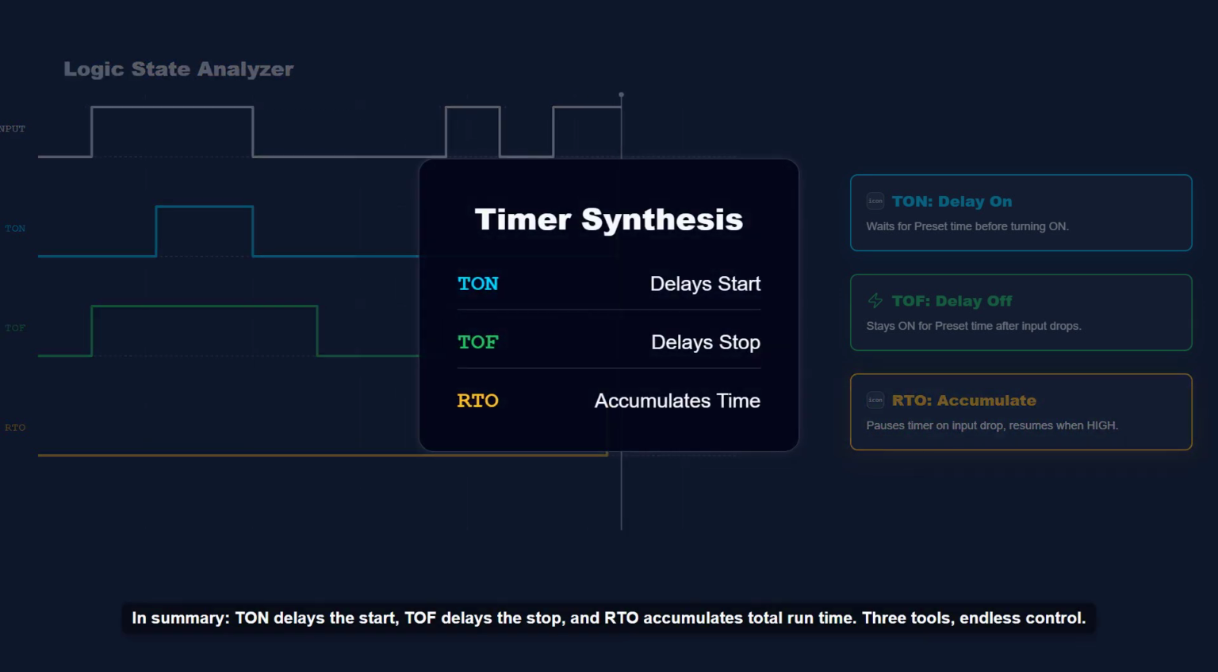In summary, TON delays the start, TOF delays the stop, and RTO accumulates total runtime. 3 tools: endless control,